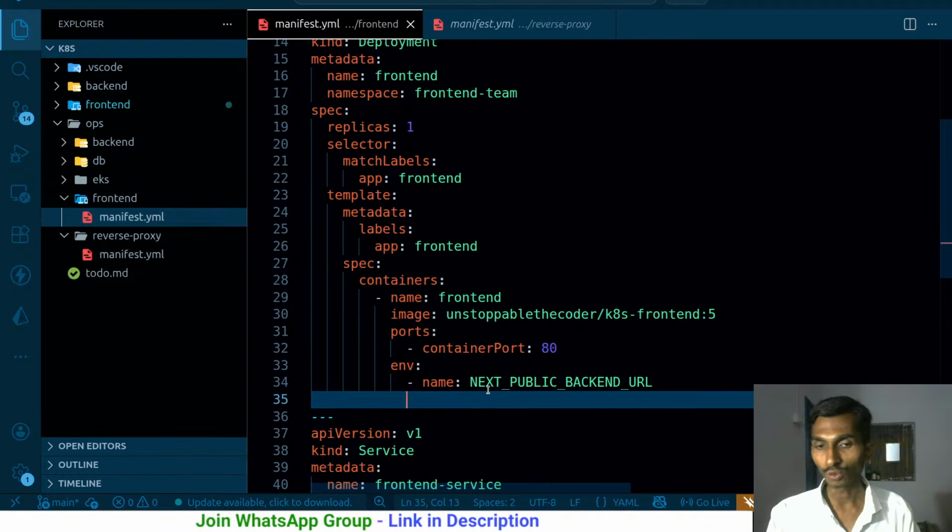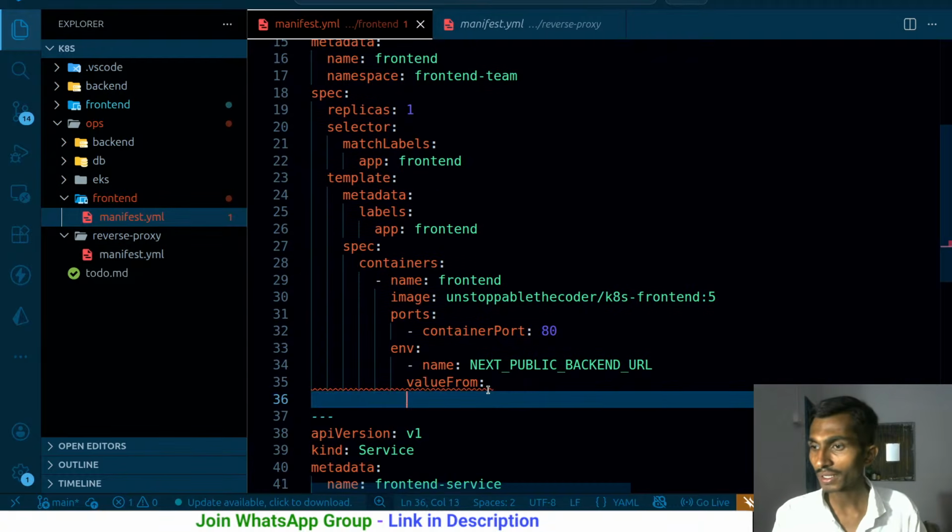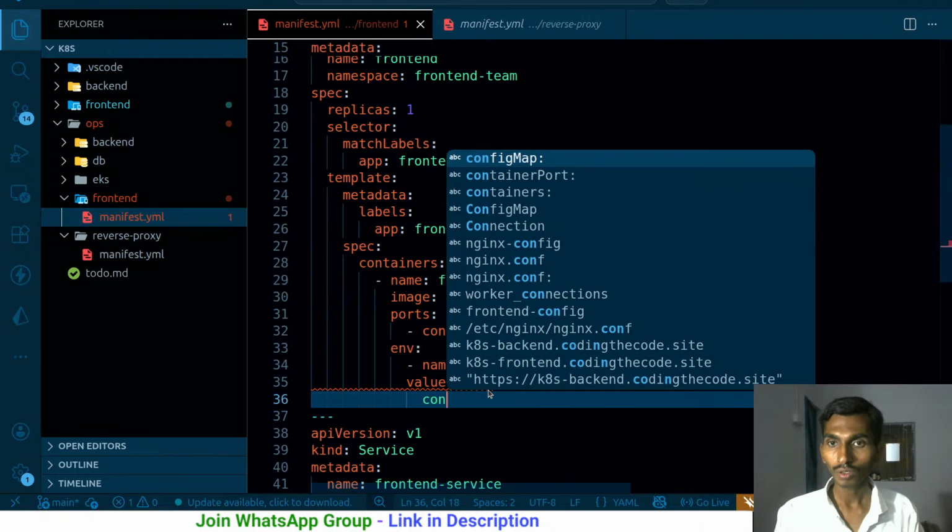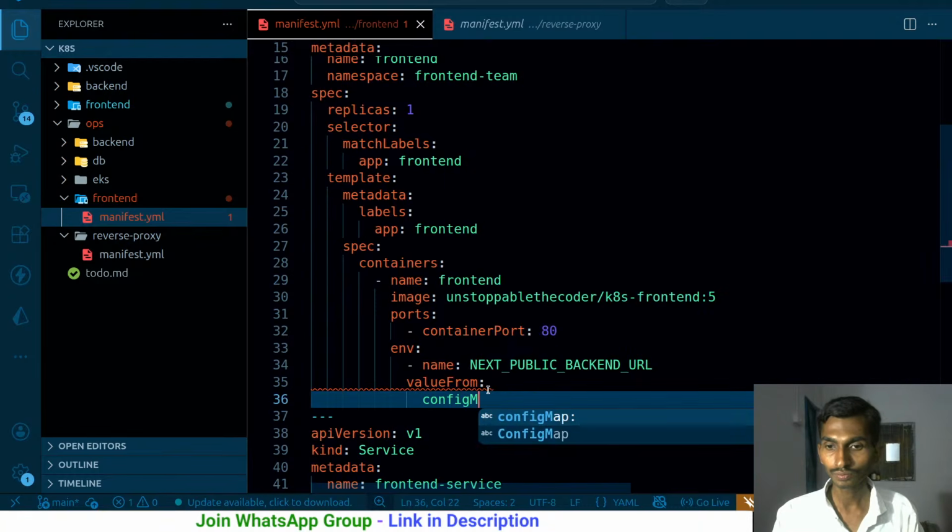What is gonna be the value? By the way, I don't have the value, but I will get it from somewhere. So from where will I be getting the value? I'm gonna be getting the value from the config map ref. So config map